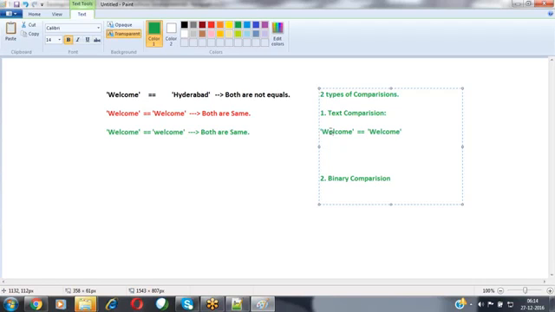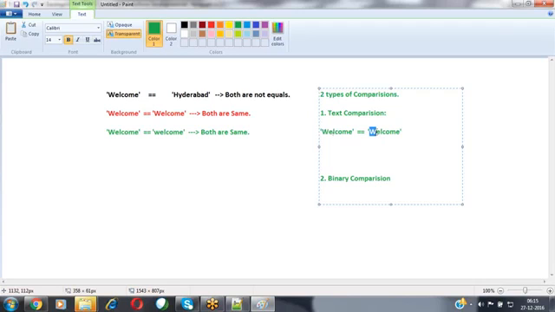In the first string, the first character is W; in the second string, is the first character also W or not? It will compare these two. It won't bother about case sensitivity. It won't verify whether it is an uppercase or lowercase letter. Simply it verifies whether this first character is W or not.